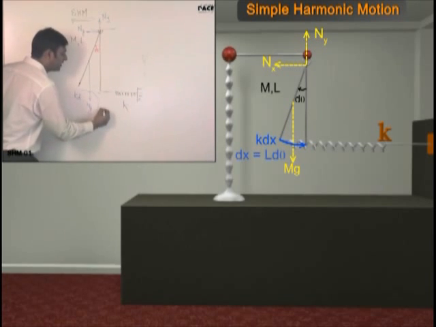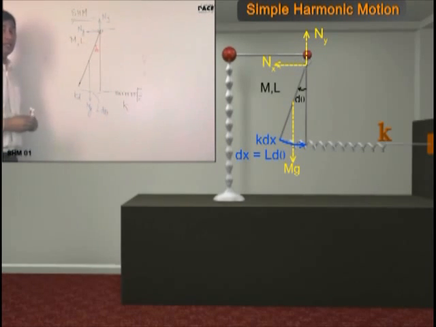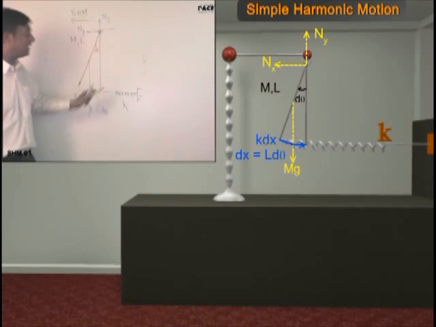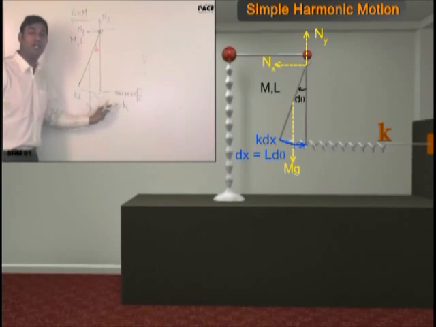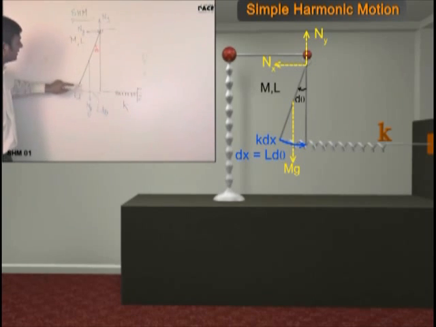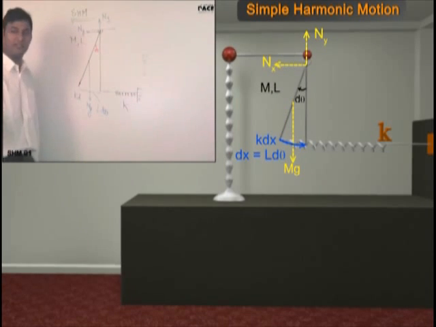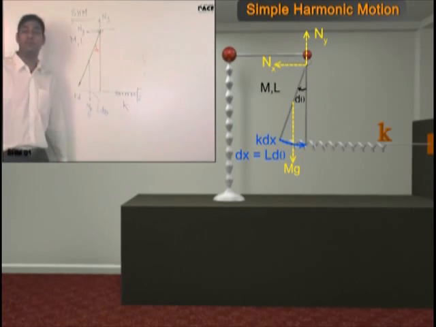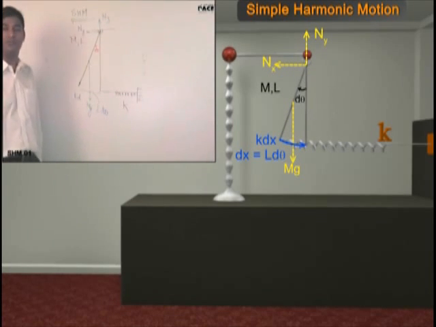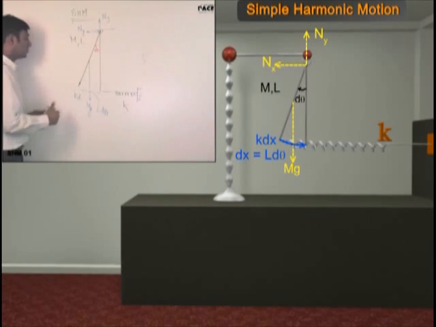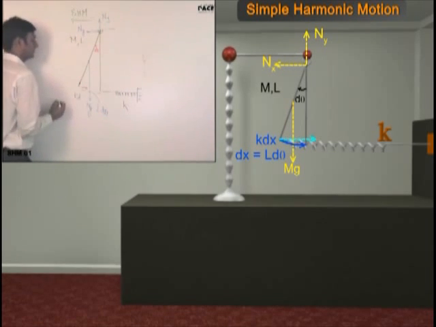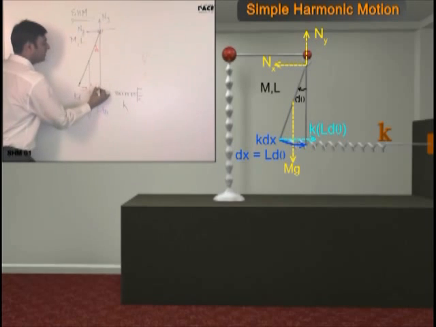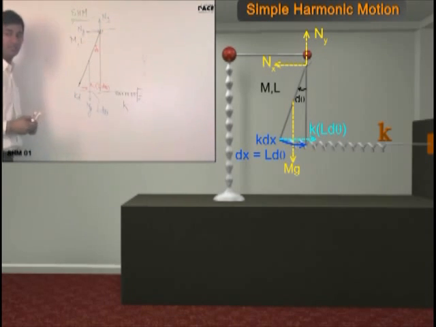Now there is an approximation here. Please understand this. And it's linear also. That d theta is very small and this arc is almost linear. So the rod doesn't rise and this spring remains horizontal and the extension is like horizontal extension. Actually we take it for very small angular displacements. D theta tends to 0. And it's a safe approximation for that. Now if the extension is L d theta, can anyone tell me how much is the force? K into L d theta, Kx. Yes, this is the extension.